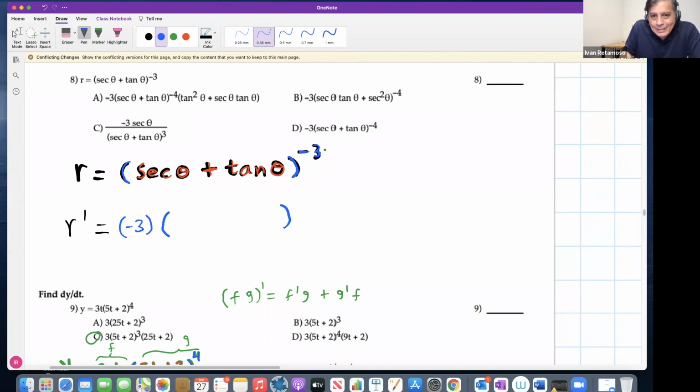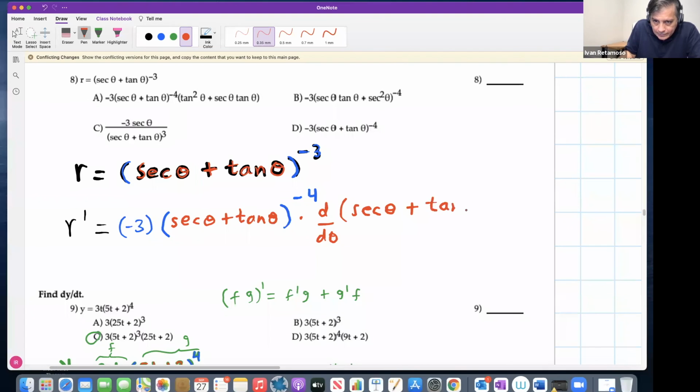Something raised to negative 3 minus 1, but negative 3 minus 1 is negative 4, right? Negative 4. This part stays inside, leave the inside function alone. And then multiply this by the derivative with respect to theta of the inside function to complete this, right? R prime will be negative 3. This, I can write it on the bottom, right? So negative 3 on the top, this guy, secant of theta plus tangent of theta, all raised to 4 power